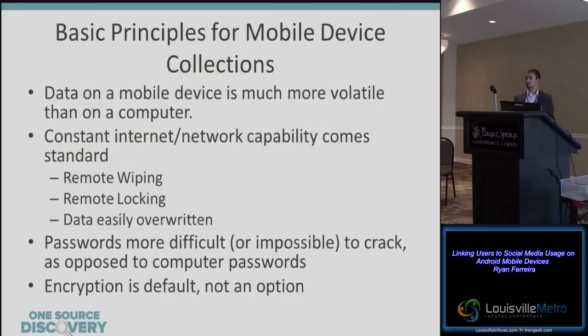When we get to actual mobile device forensics, the reason why that's more important than traditional computer forensics is tenfold. There's various different ways that data on a mobile device can be changed. It's much more volatile than it is on a computer. These devices are designed to have constant network connectivity and always be up. As a result, you have all sorts of things. You have incoming emails, text messages, phone calls, things like that. But you also have capabilities like remote wiping, remote locking,